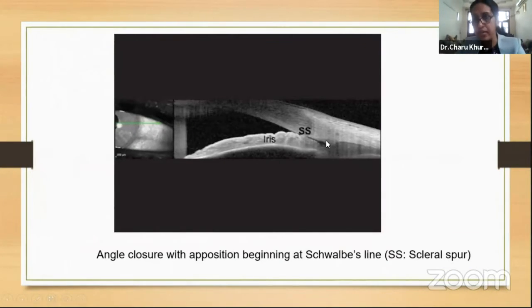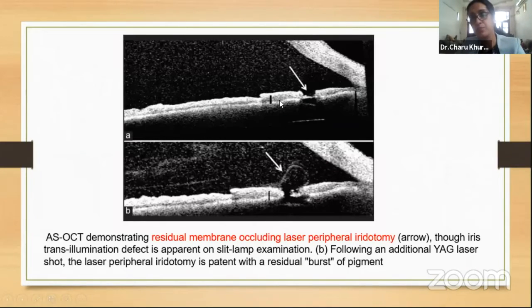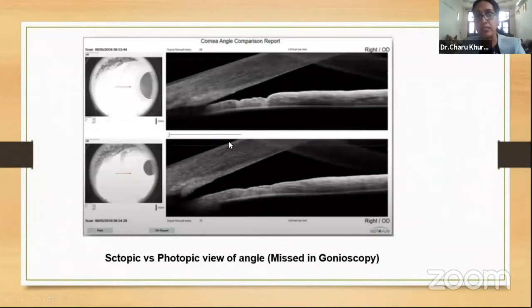You can actually visualize a closed angle right up to the Schwalbe's line, a membrane which was persisting after a YAG laser, and this was then realized in a second sitting. This is important. You see, a gonioscopy, because of the focal light that we throw, often narrows the pupil and opens up an angle which was potentially occludable or narrow in scotopic conditions. So here we can visualize both in scotopic as well as photopic areas where the angle is actually falsely